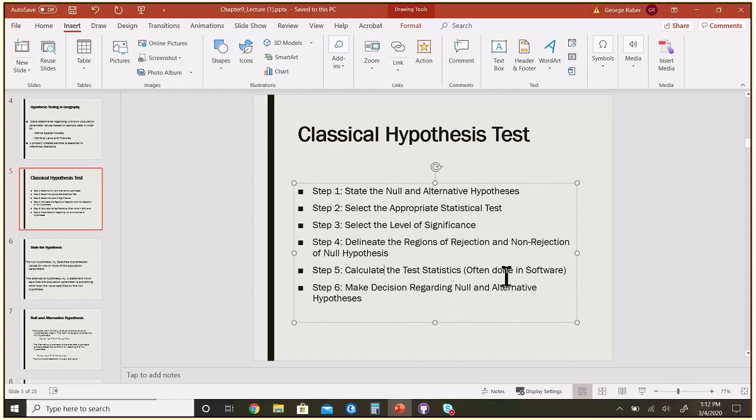So oftentimes software aids us in that process, and at the end, the software is going to spit out sometimes the test statistic itself, but sometimes we don't even really care about what the test statistic is. In other words, if we're doing a